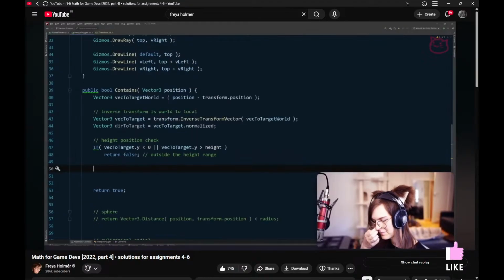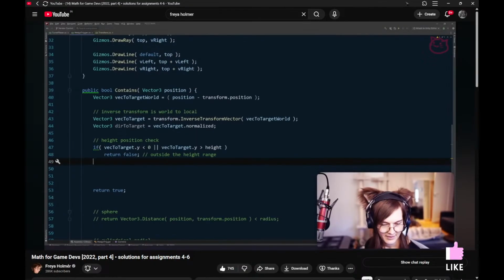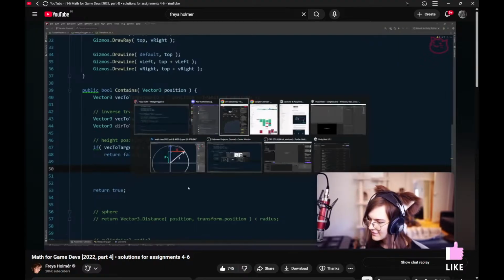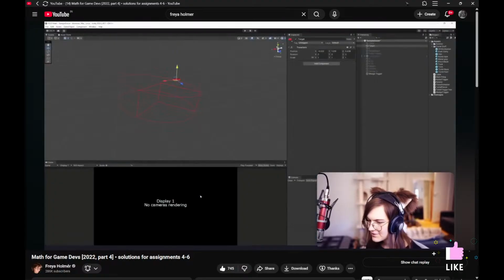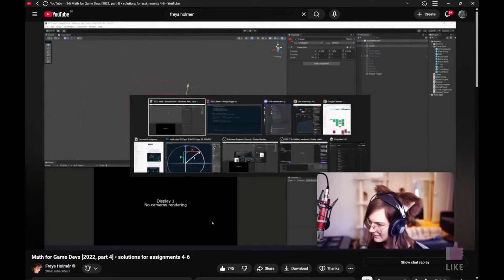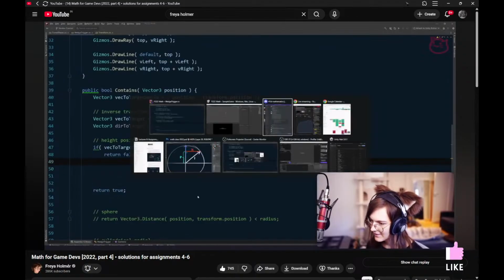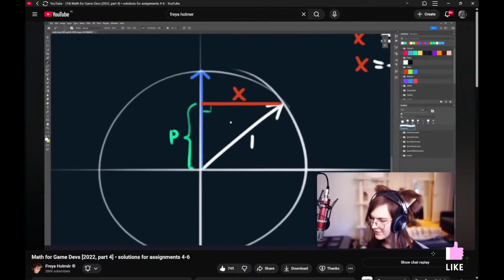All right. Next one. Let's see, which one do we do? Let's do the wedge, because that one is actually very simple. So we want to do the angular check, right? But if we go back here,